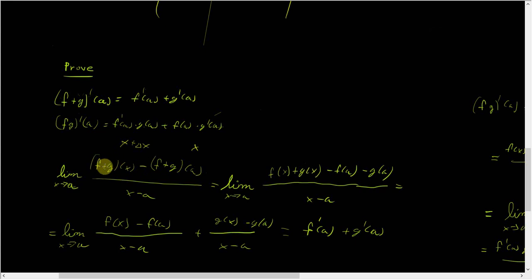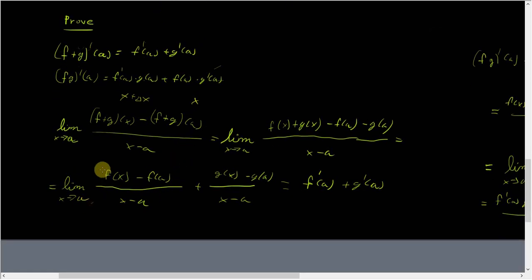We can rewrite this using some basic algebra. f of x plus g of x minus f of a minus g of a. Then, since we have minus signs here, we can separate this into two pieces. We get f of x minus f of a over x minus a, plus g of x minus g of a over x minus a. So we know this is the derivative of g at the point a. This is the derivative of f at the point a. So we've just proven